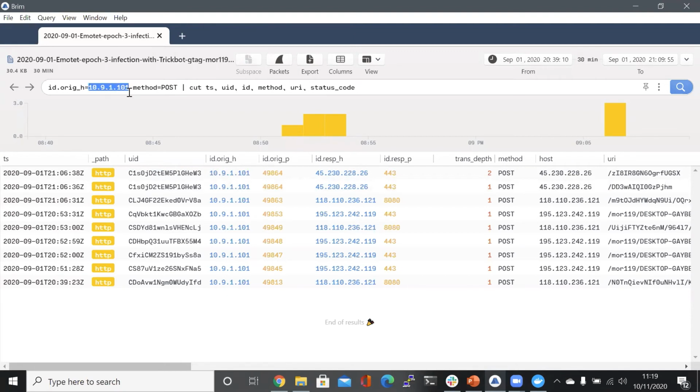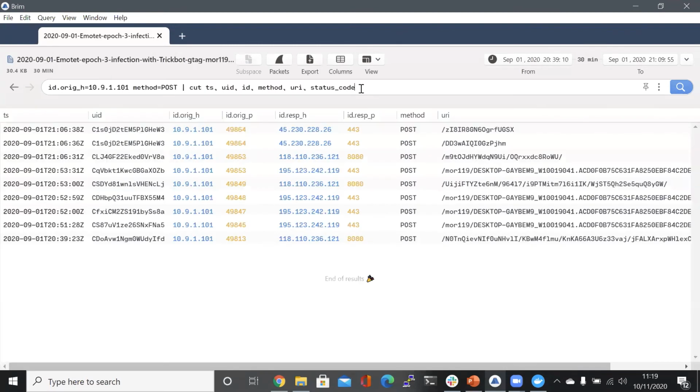We're going to be looking for the post method, and then we're going to trim it down just to the fields which are going to be relevant to us. So this is going to be a bit of a more smooth view. And indeed, we have an update coming soon where you're going to be able to actually save these into a